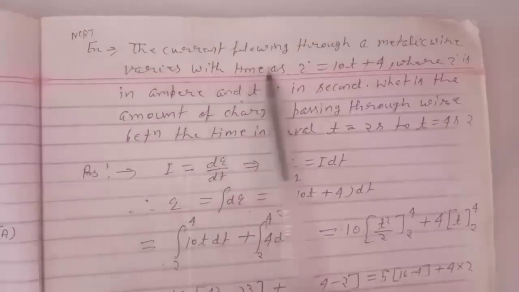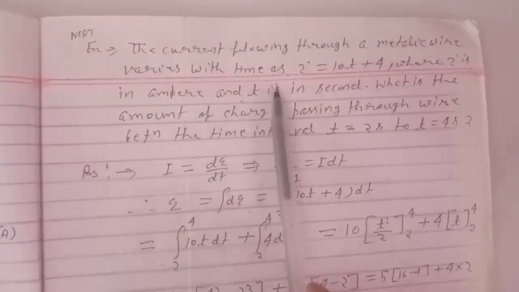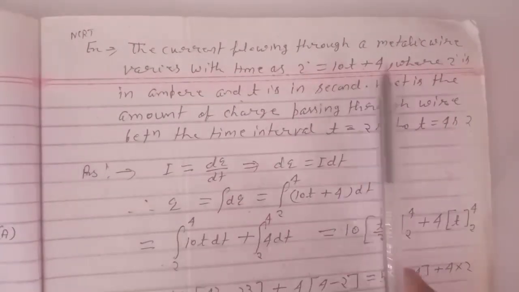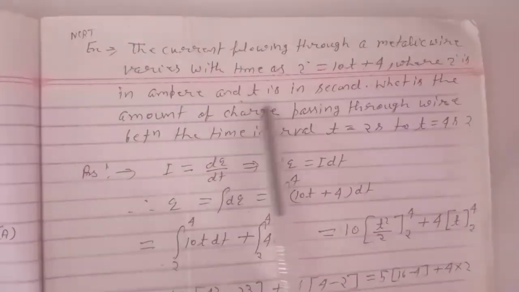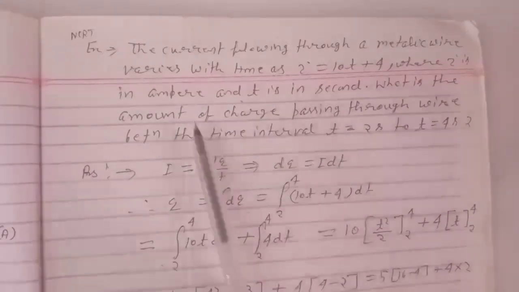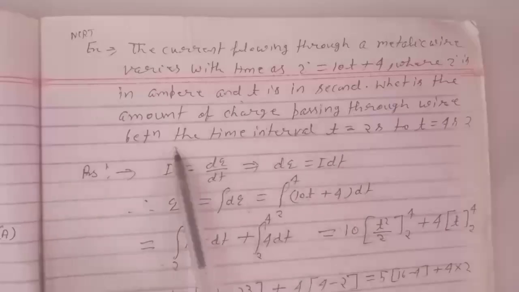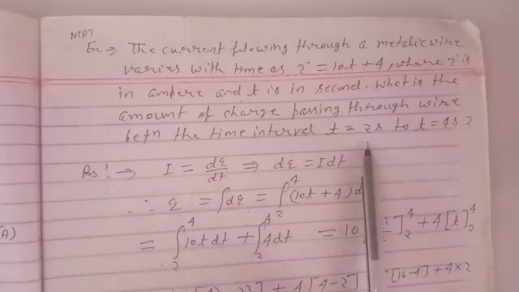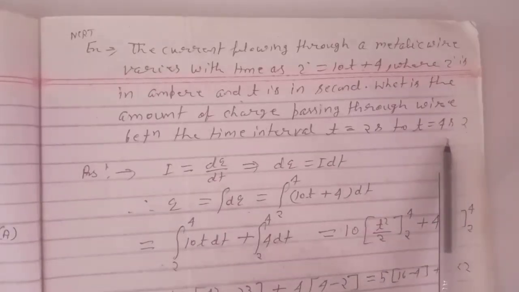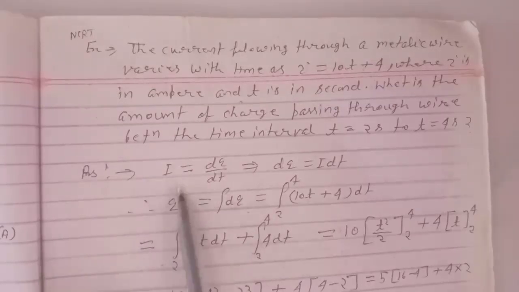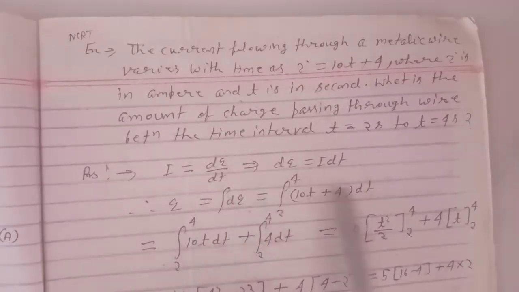Next, the current flowing through a metallic wire varies with time as I equals 10t plus 4, where I is in ampere and t is in second. What is the amount of charge passing through the wire between the time interval t equal to 2 seconds to t equal to 4 seconds? Here again we can solve: I equals dq by dt, so dq equals I dt,